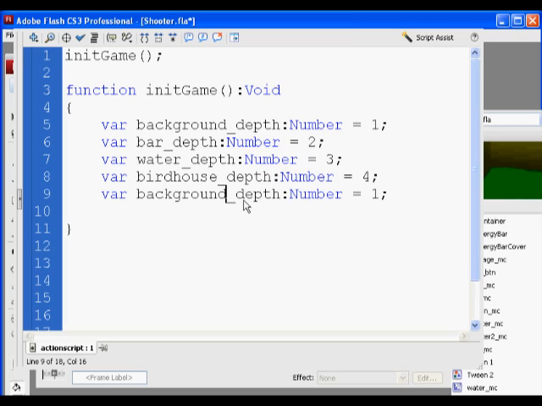Ramp depth will be 3, and then the bar, the ramp, birdhouse, no, the water, there we go, water depth,